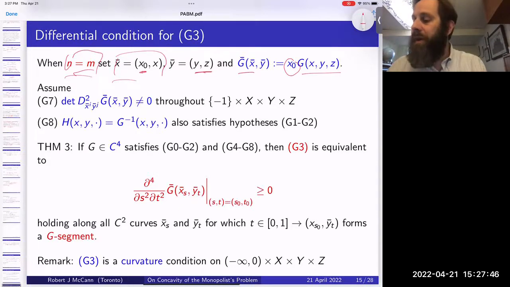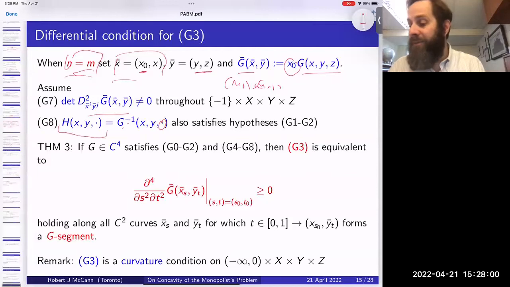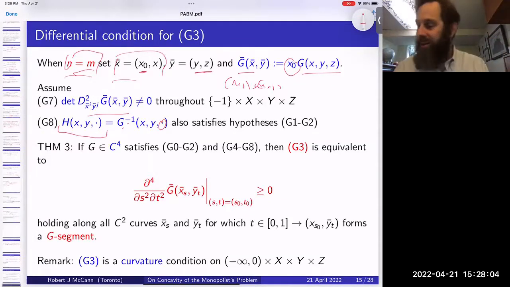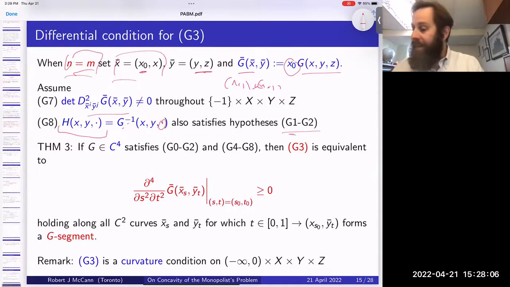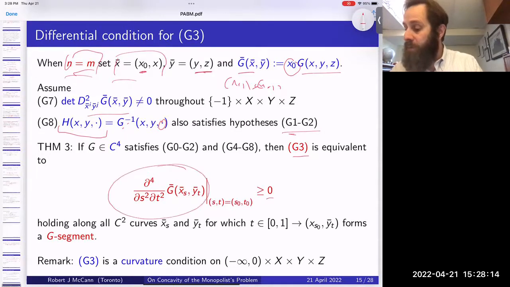Like I want the n plus 1 by n plus 1 matrix of mixed partials to have non-zero determinant. And I want that G was a monotone function of price. When I invert that monotone function of price, I want to get another functional that satisfies all the hypotheses that I required of G. And if all of that is true, then G3 becomes equivalent to a sign on the mixed fourth order derivatives